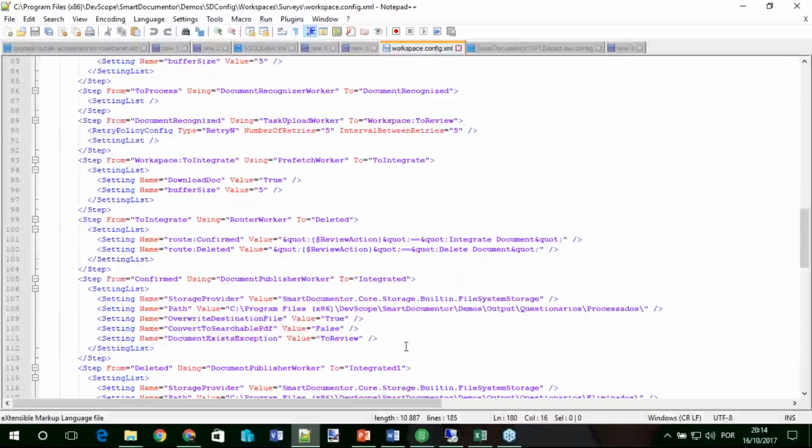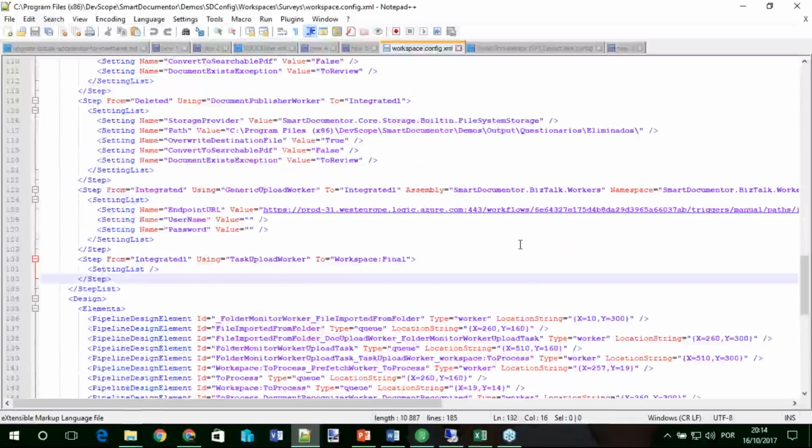Basically, we have a visual interface to create your digital flow in Logic App, in SmartDocumentor.